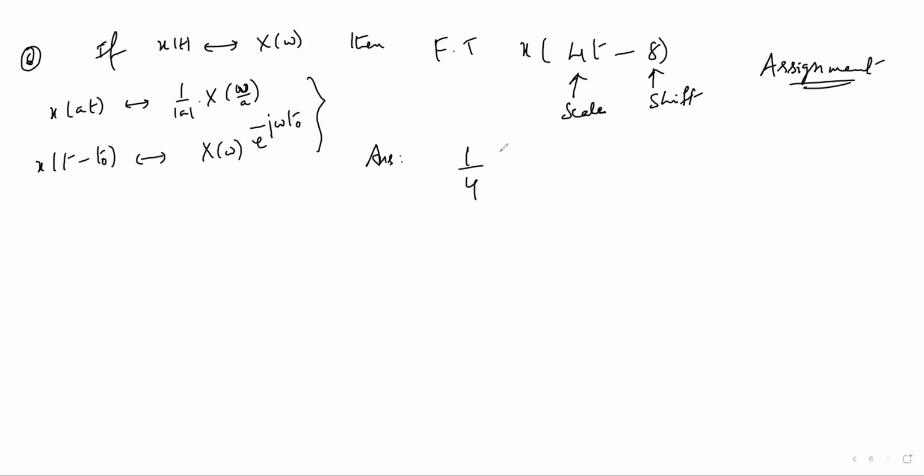It is 1 by 4 x of omega by 4 e to the power of minus j omega 2, not 8. Many different possibilities to get the answers here. Because of scaling and shifting, we have an important point to be noted in the signal operations. When both shifting and scaling are performed on a signal, we need to follow some precedence rule there. What is the importance of this precedence rule in Fourier transform properties here? If you apply Fourier transform properties directly and separately, scaling and shifting on the given signal.